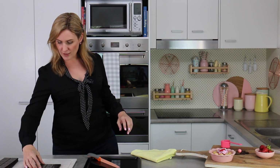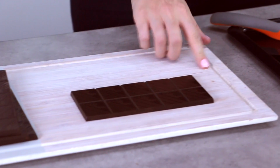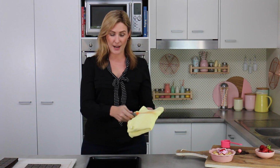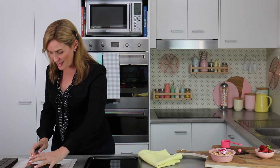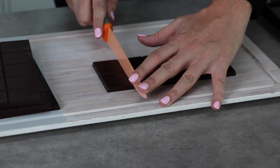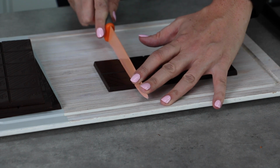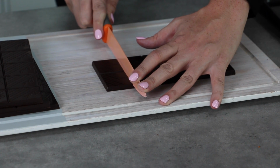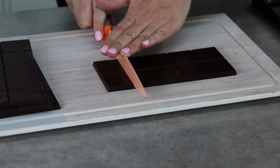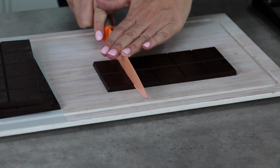So I'm going to take my first block of chocolate, and for me mine's made up of 10 squares, so 5 along and 2 across. I'm just going to wipe any excess water off my knife, and then I'm going to let the heat from the knife essentially melt its way through just the last row, so 2 squares or 1/5 of my first chocolate block. So really I'm just applying a little even pressure. I'm not trying to cut it, I'm just allowing the heat of that knife to do its work,